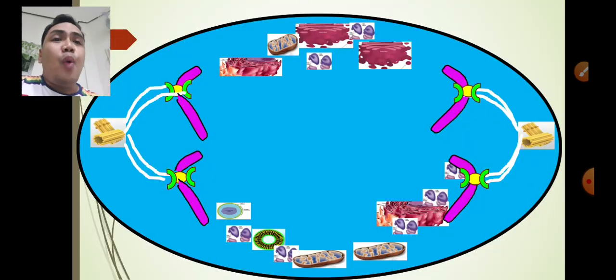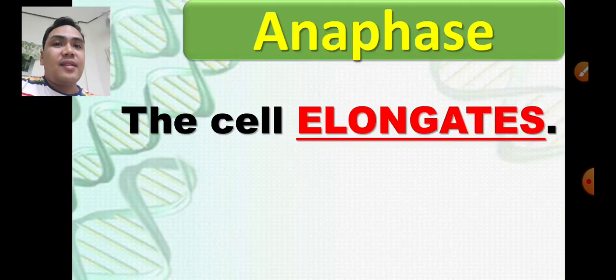to their length. And finally, when it comes to size, as the sister chromatids, or the daughter chromosomes, move towards the opposite pole, and the kinetochore microtubule becomes shorter, what will happen to the shape of the cell? That is, the cell elongates. So these are the four main events under the anaphase stage.